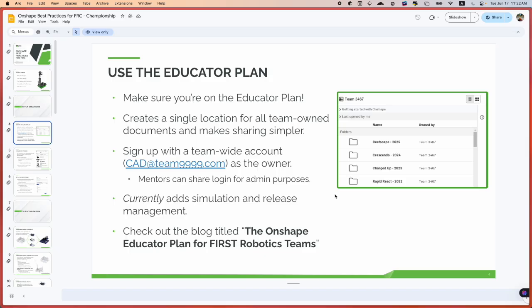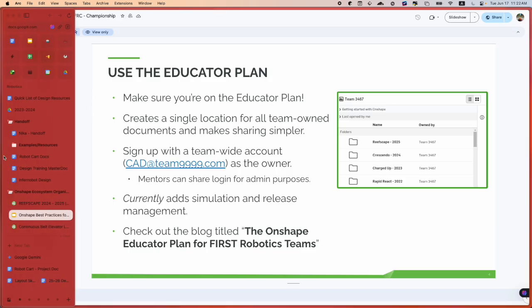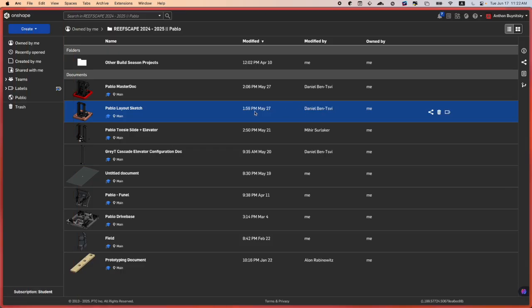Okay, a set of strategies. What we did last season, if my browser works, is we had one document for each separate subsystem. So we had one for the drive base, one for the funnel, one for the elevator, that type of stuff. This is good. This is already a lot better than past years, but one thing that we did wrong was